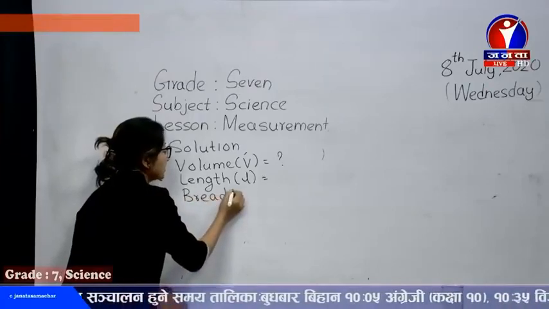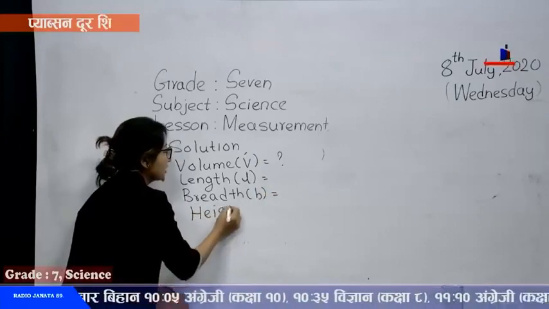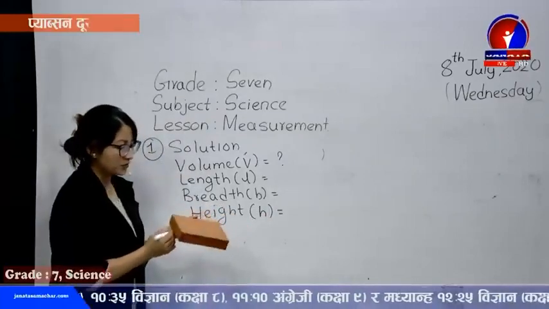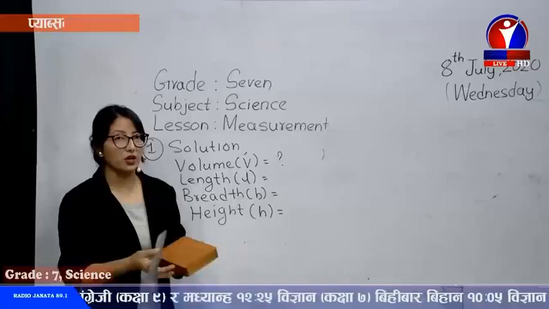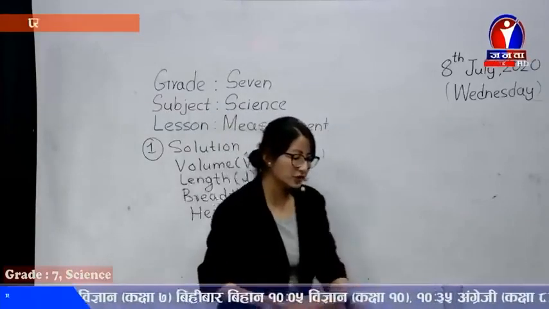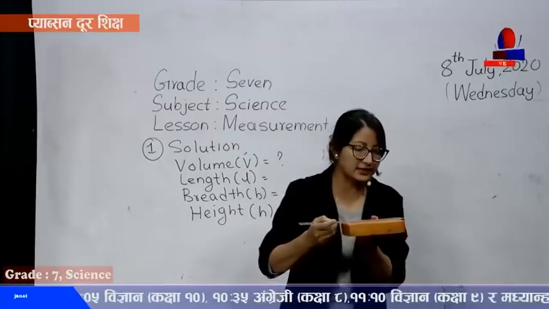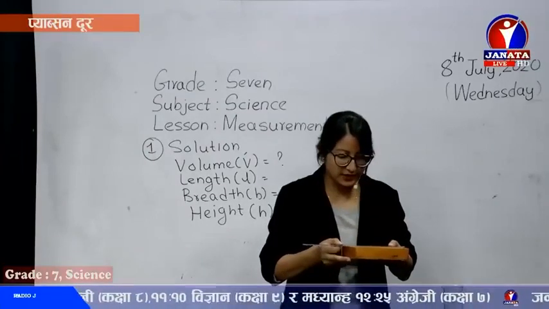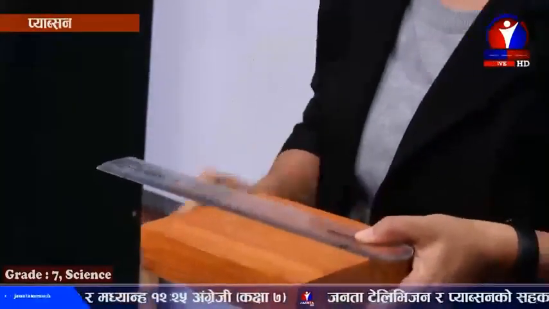We are going to measure the length, breadth and height of this object and calculate the volume of this cuboid. Previously we have already learned how to measure the length of an object. So I'll just keep it here, and then I'll try to measure the length. I can measure it like this, I think. If I keep it here on the surface, then it's 17.5 centimeter altogether, its length.